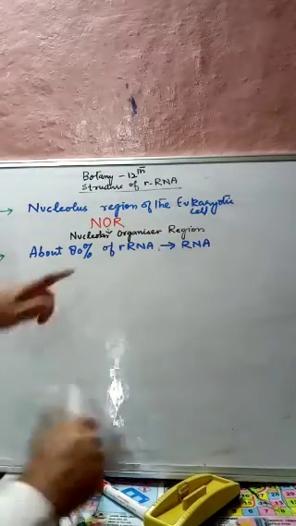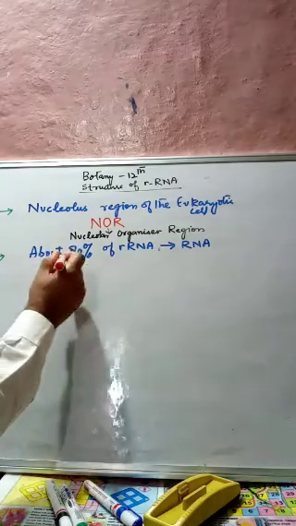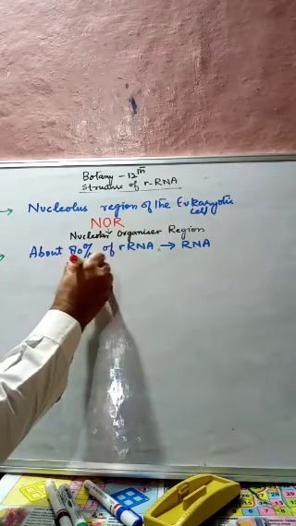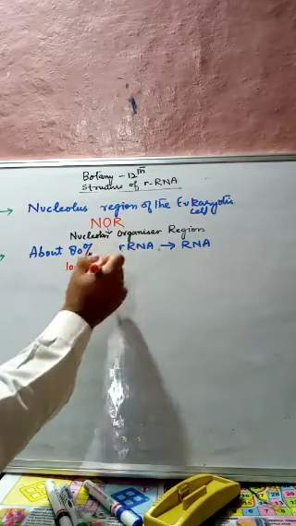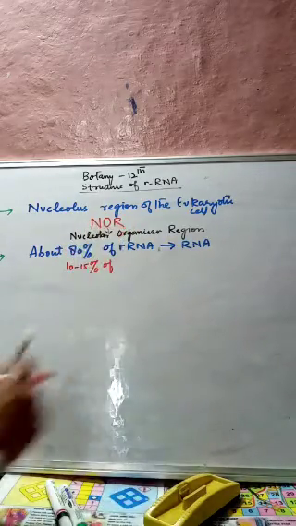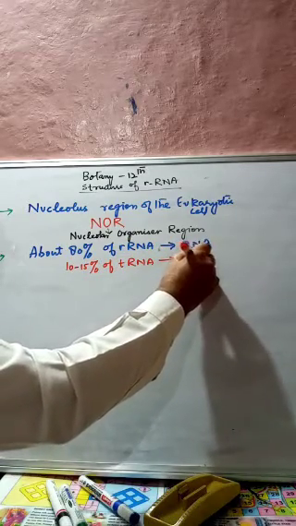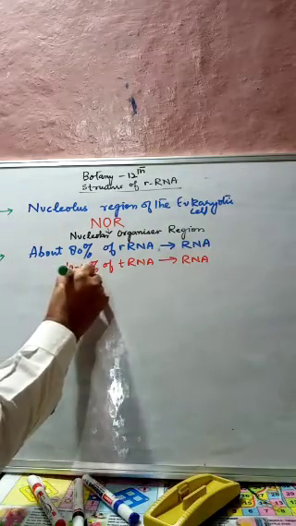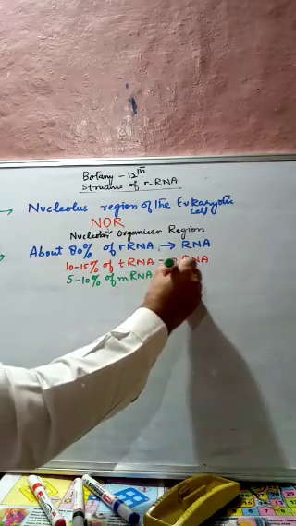About 80% of rRNA, ribosomal RNA, is found in RNA. Again, we will see 10 to 15% of tRNA is found in RNA,